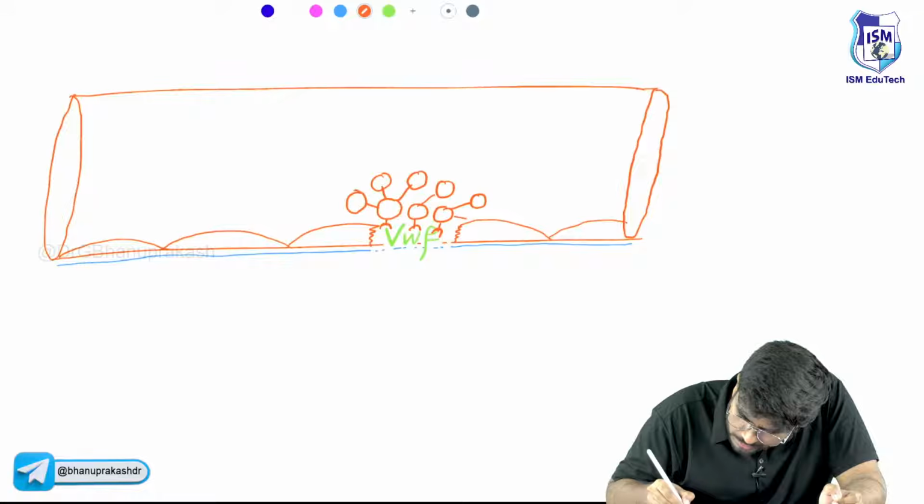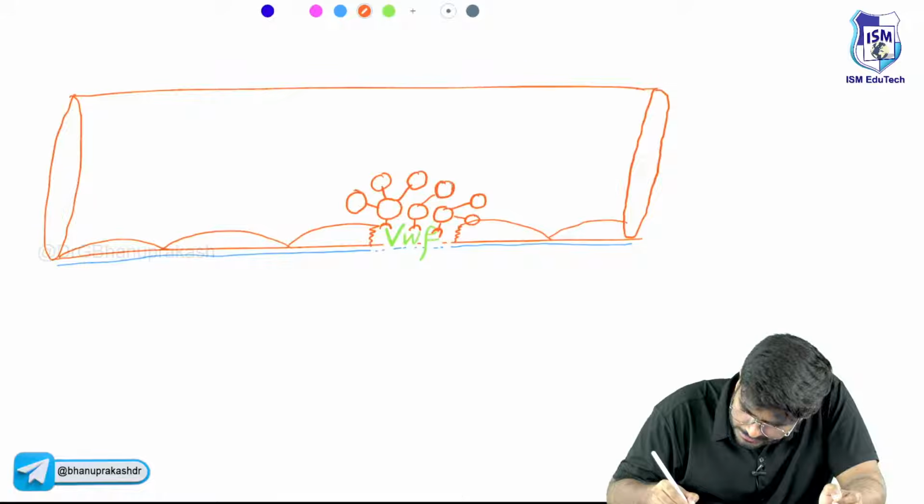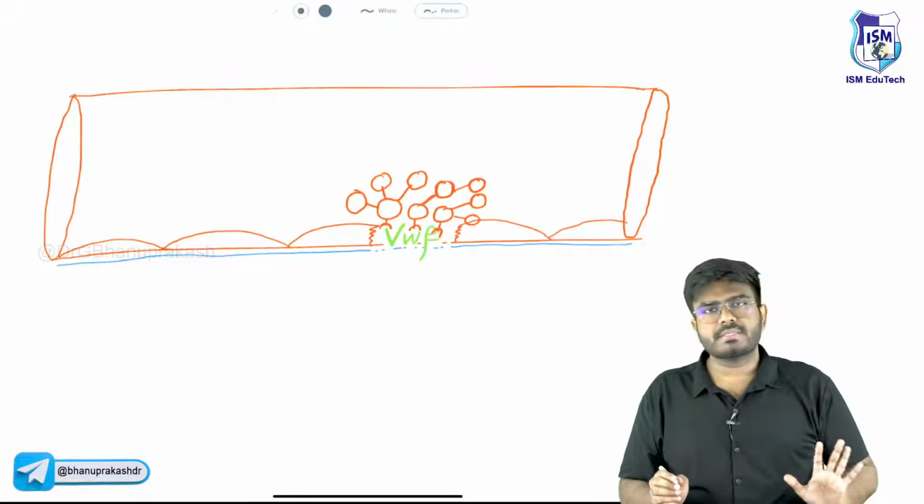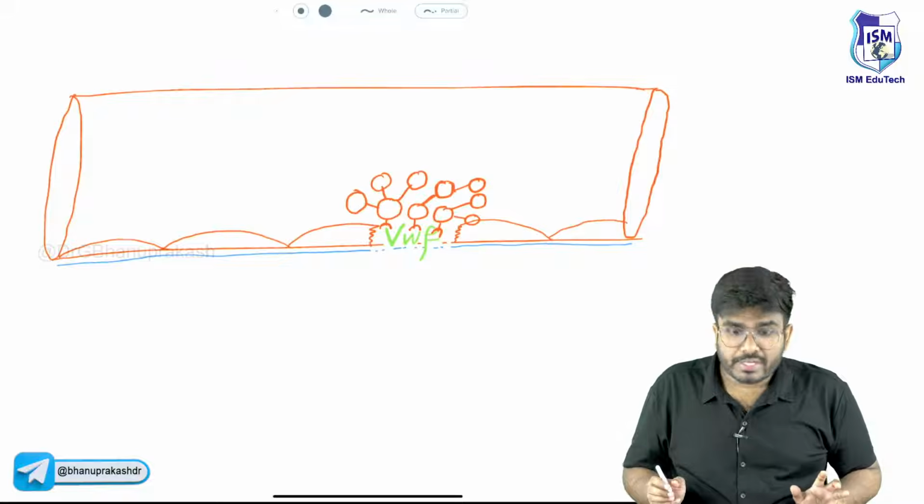With the help of which molecule? GP2B3A. Okay, platelet aggregation is completed. So the platelet plug is formed. Now what we need to do is